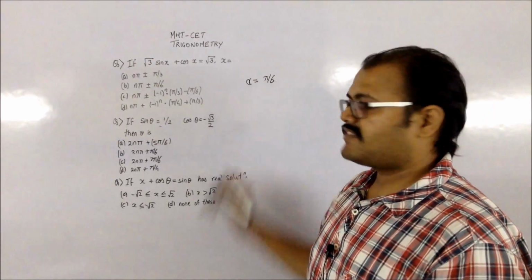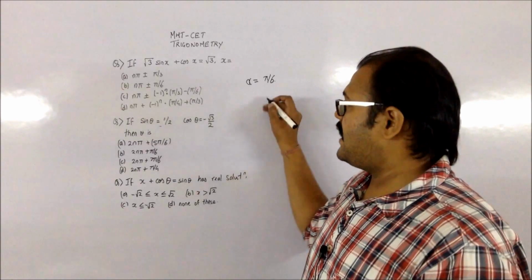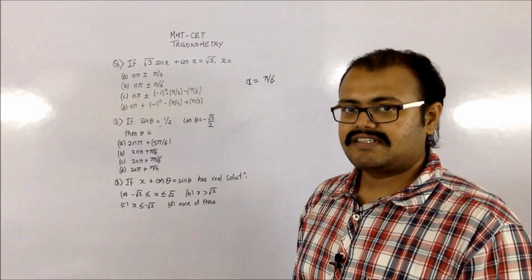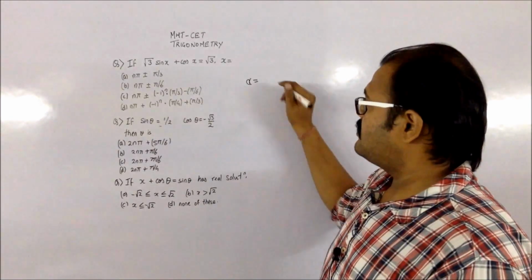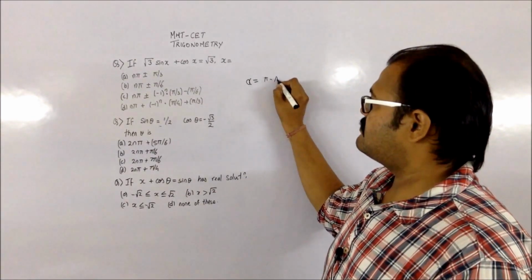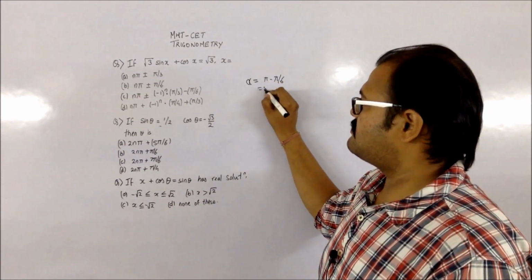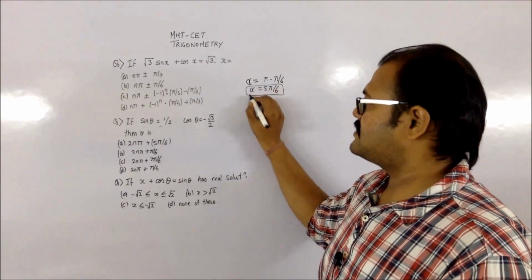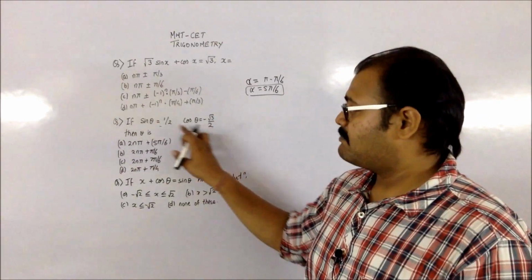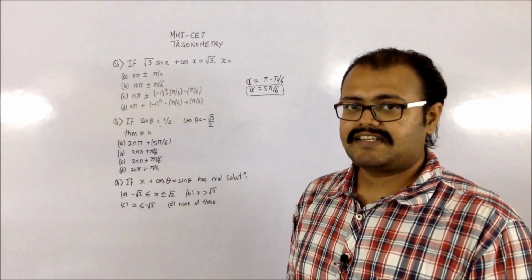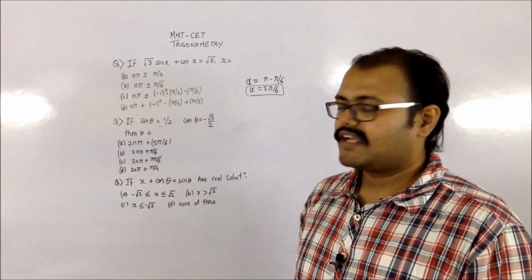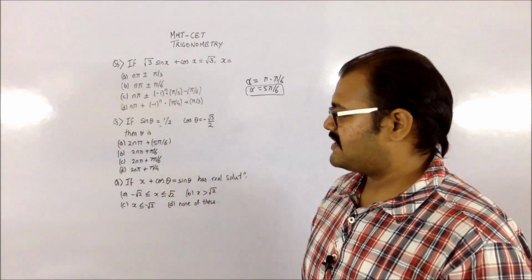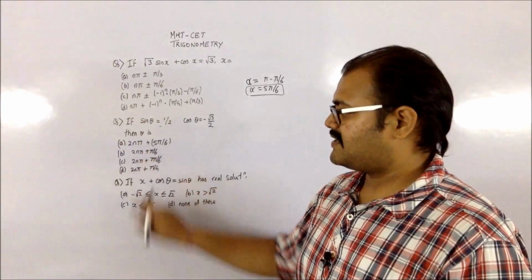Now for my alpha equals pi by 6, I need to find the corresponding angle in the second quadrant. So that will be basically your pi minus pi by 6. So that's going to be 5 pi by 6. So your alpha you are getting as 5 pi by 6, which will correspond to both of these conditions which is given to me. Now once you know that it is going to be alpha, you just look out at the option. You are having a 2n pi.